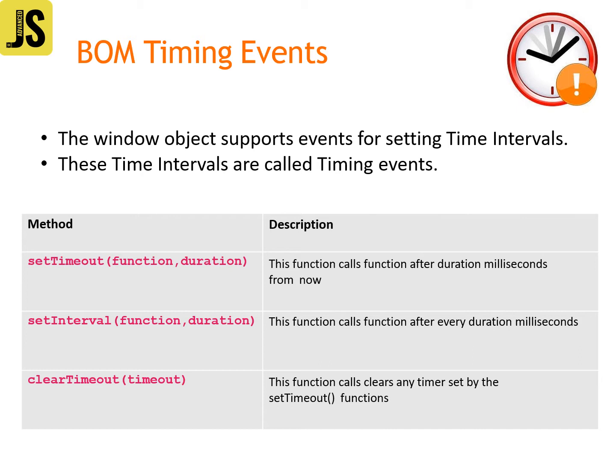Move on to the second function, the setInterval function. setInterval also takes two arguments. The first argument is a function name or a function call, and the second argument is the duration. If you are using setInterval with the window object, this function calls the first argument function after every duration milliseconds.